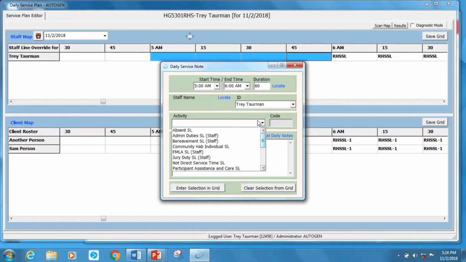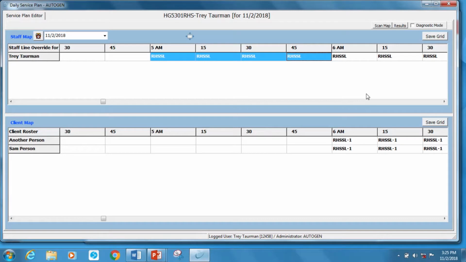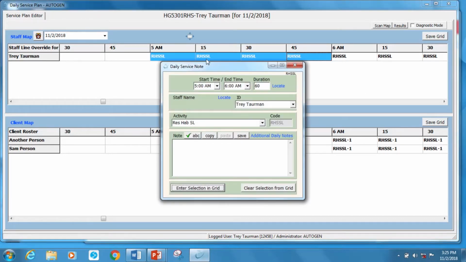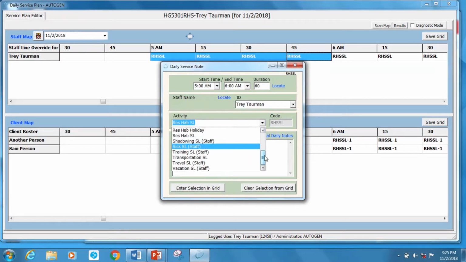Now, just by principle of duality, as you can see, some of these have the word staff behind it. So guess what? The words that do not have staff behind it are client codes. So let's say I have put in ResHab. Well, we have a problem here. ResHab, which means, again, that clients were in the house, does not have the word staff behind it. So it's not exclusively a staff code. So if I see ResHab, or any of these other ones that don't have the word staff behind it,